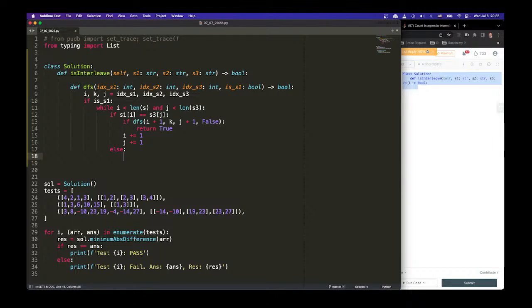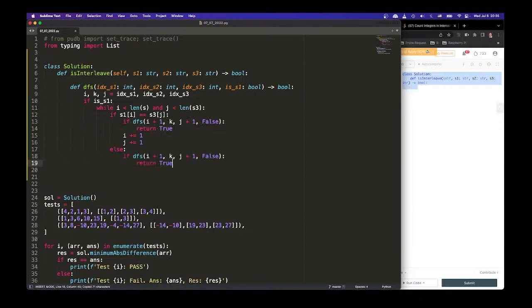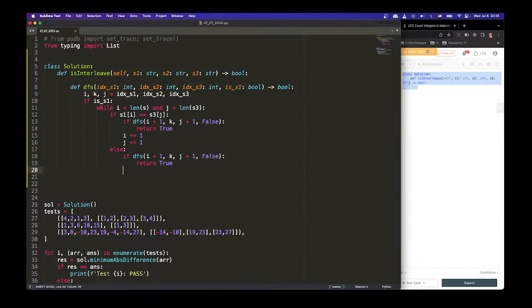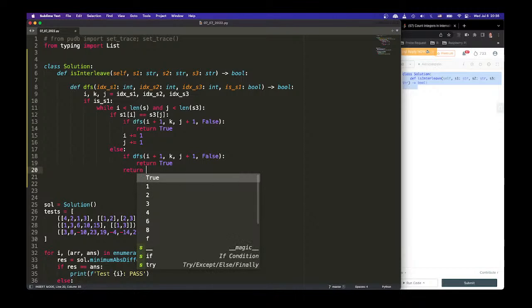Like we have exhausted, right? So if it's the same, and then if it's not the same, then we need to do this again. So we need to do this again. We do this again, right? We do this again. And if it's true, return true. If it's not true, that means we have exhausted everything, and then we shall return false,